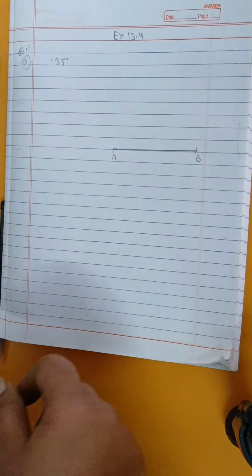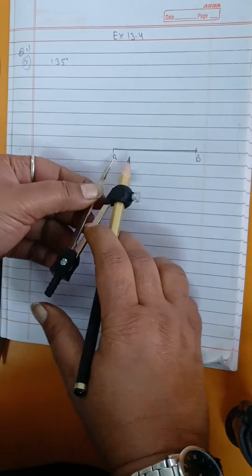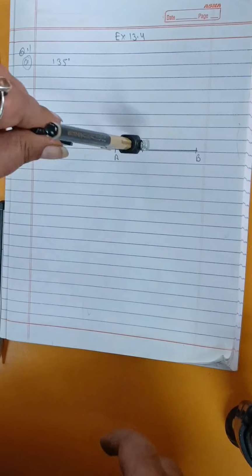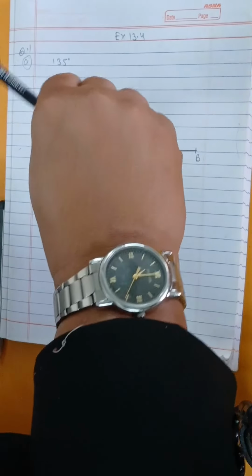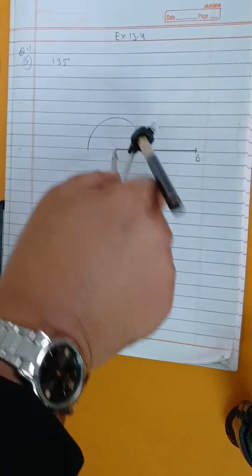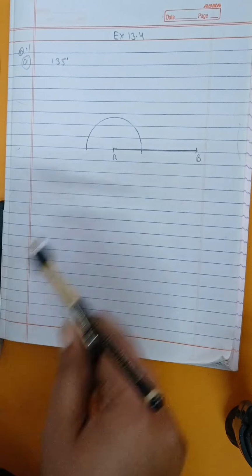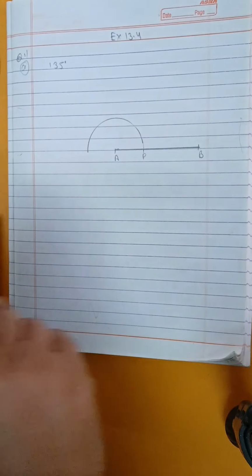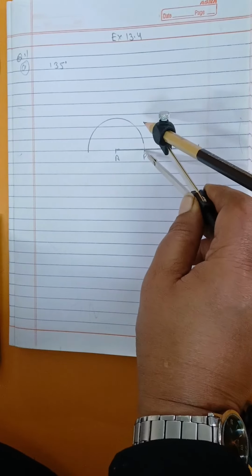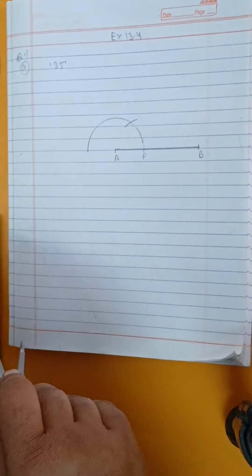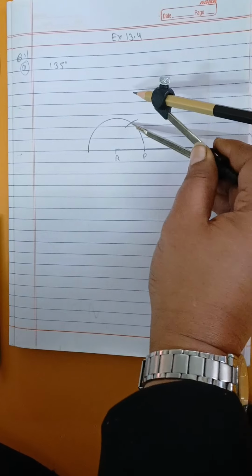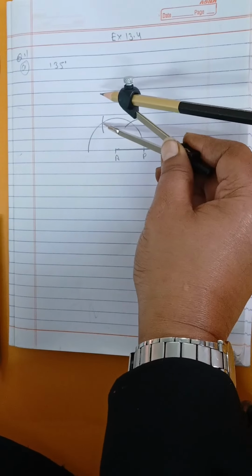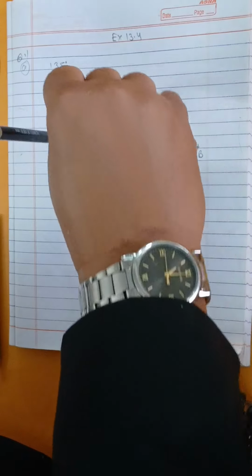Now with the help of compass we will open our compass at any radius and we will make one semicircle. After this, with this point, now I am writing here point P. With point P, I am going to draw one angle which is by default 60 degree. Afterwards, with this 60 degree, I will go for 120 degree, and for this 120, this is 120 degree. We will go for 180 degree.